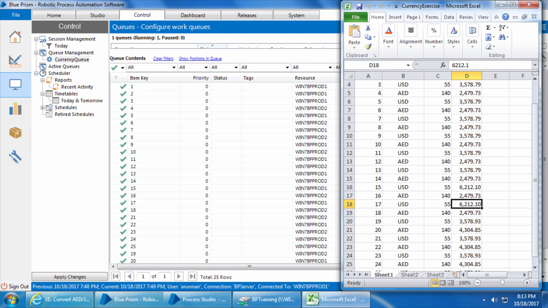So let me give you a homework here, okay? Assume that a client has asked you to do this currency conversion process where you will get an Excel file of say 3000 records every day, and you need to use only 2 bots. Once the run is completed, the bot should save the completed file in the shared drive, which is what we are doing now. However, as there will be more than 3000 records and only 2 bots are allowed, the process